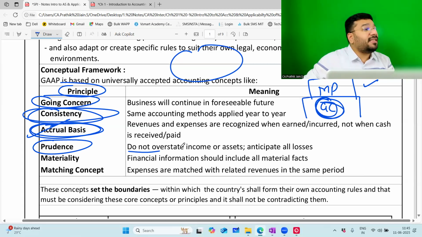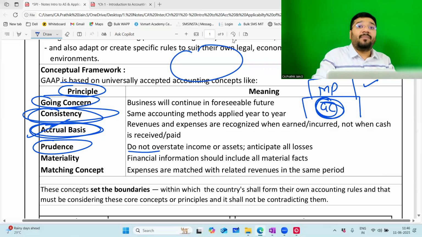Now, what is the evidence for that? Why am I creating a provision for doubtful debt? Because that person who is my customer, there is a bankruptcy case, an insolvency case running on him in the court, which means you have a fear that this money may or may not come. Judgment has not come. If judgment comes, then it is clear that money is either going to come or not going to come. All of you know, no? The court will appoint an official receiver. Official receiver will say 50 paise in a rupee will be received. The remaining will not be received.